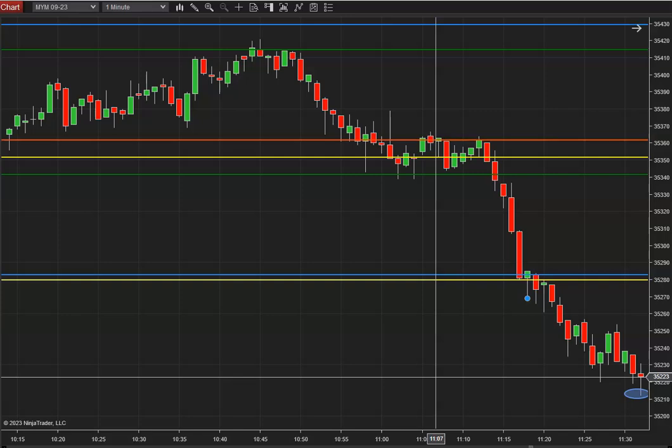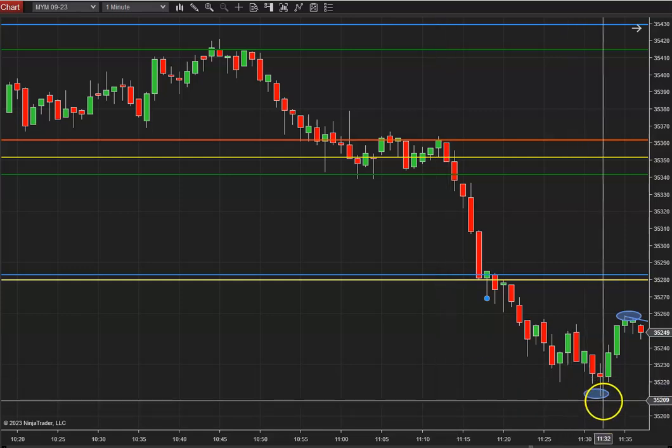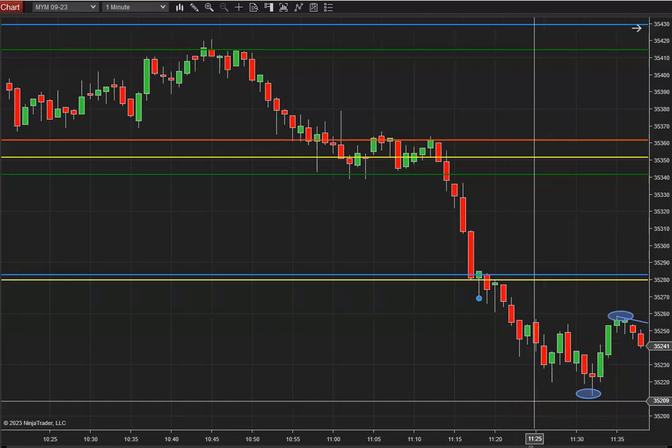In this particular case, you're looking for a shoulder. It's called a shoulder first, so your first drawing is a shoulder, and I draw the little circle like that. The next thing you look for is a neck, so that's kind of the high. I draw a circle there. The next thing you would be looking for is the head, which would be lower than this shoulder. So if we continue,